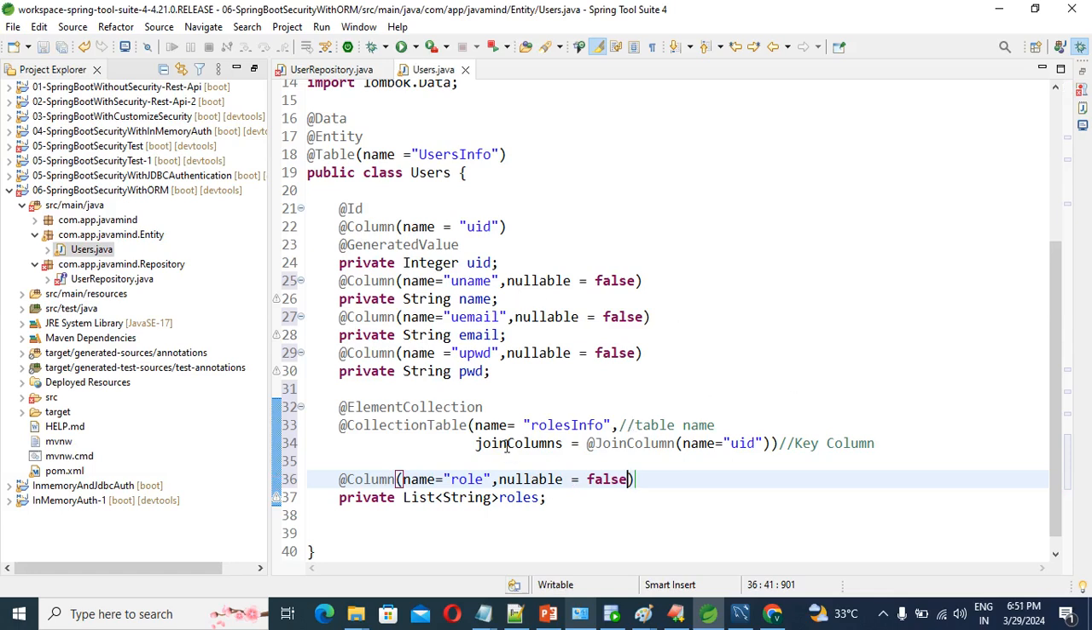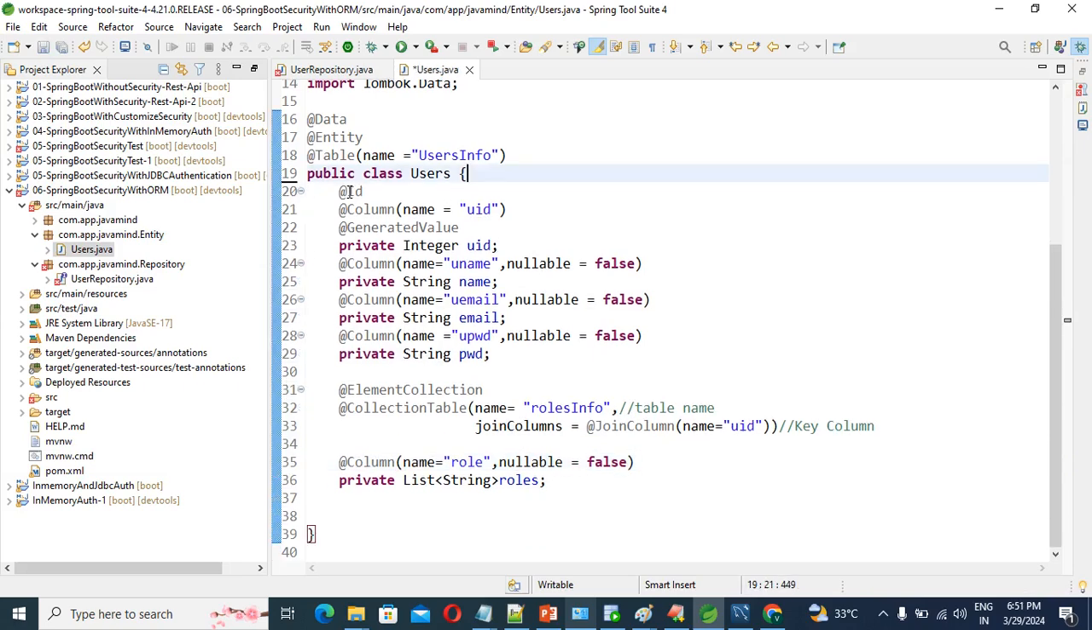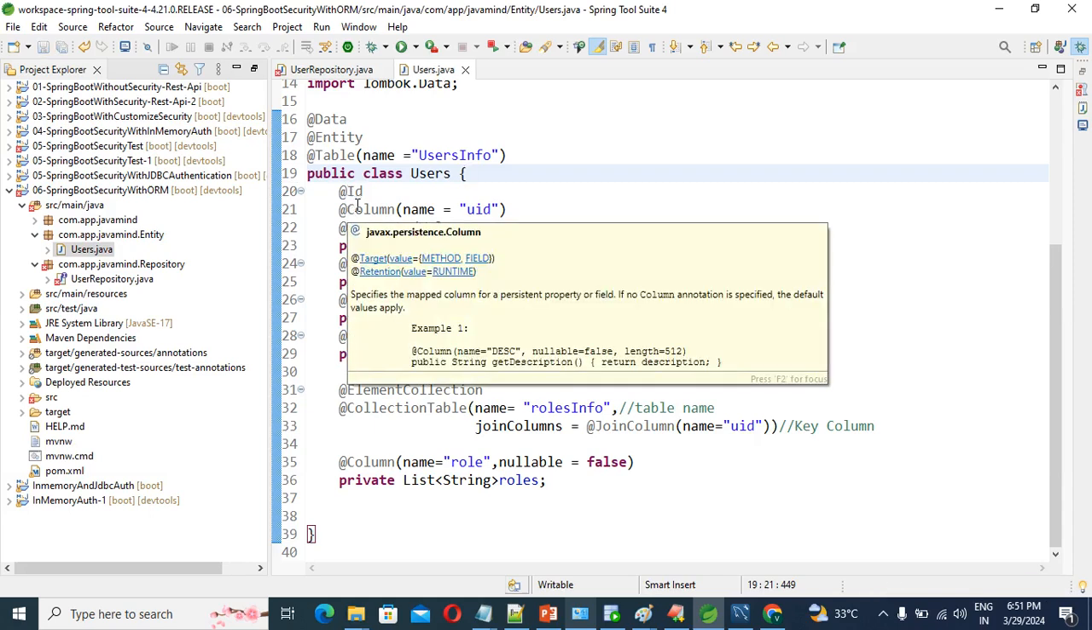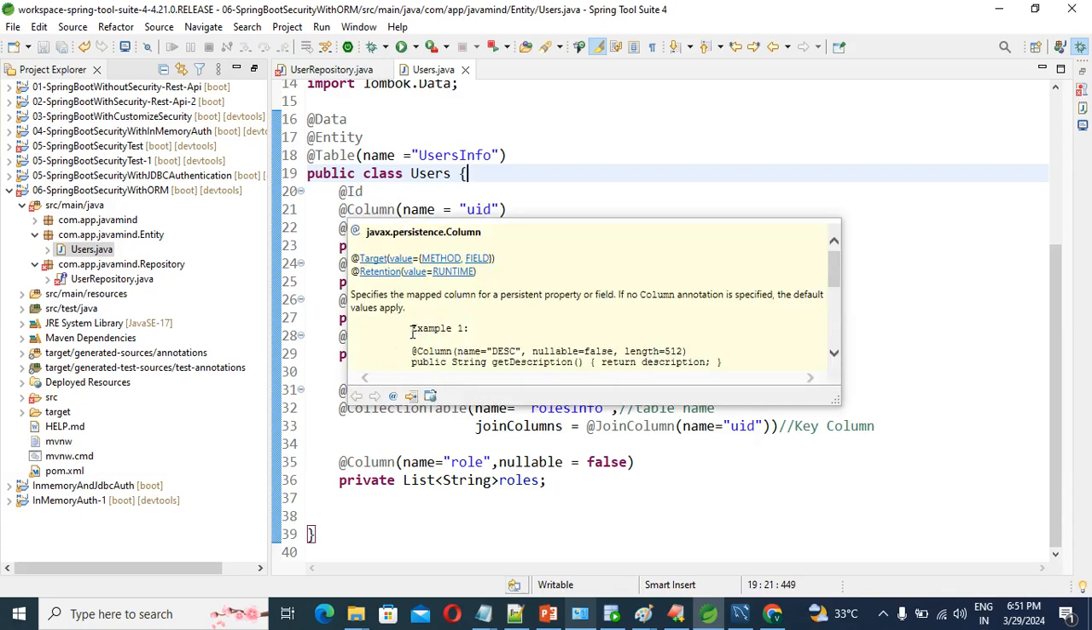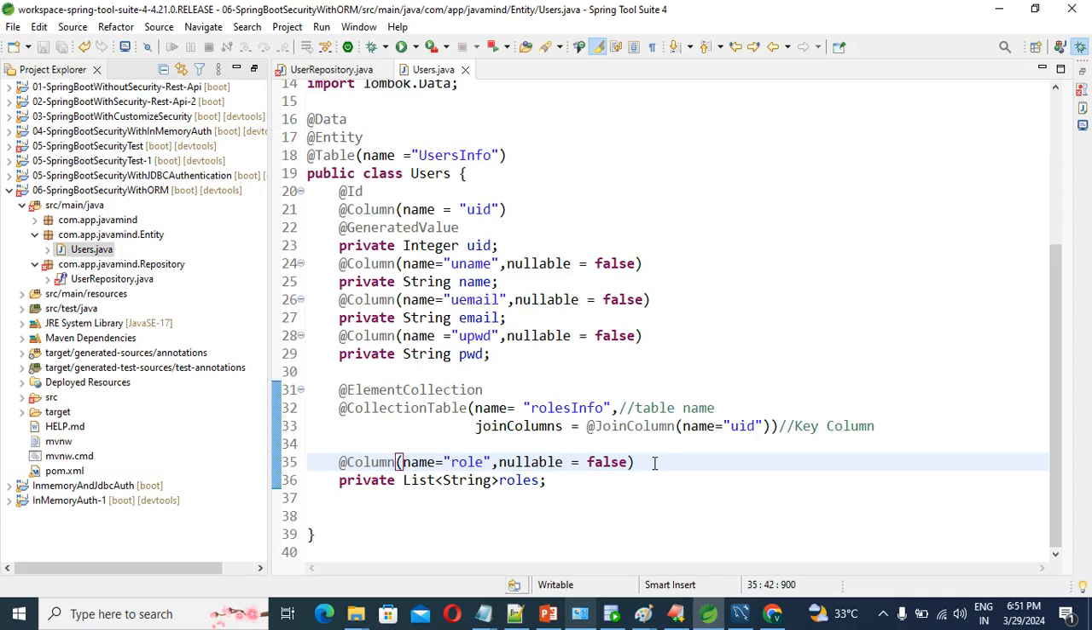That thing you need to configure in your users entity class or user model class. This is sufficient, right? And that is the element column, the table name, key column, and element column. These are all the things you need to keep in mind while we create your entity class or